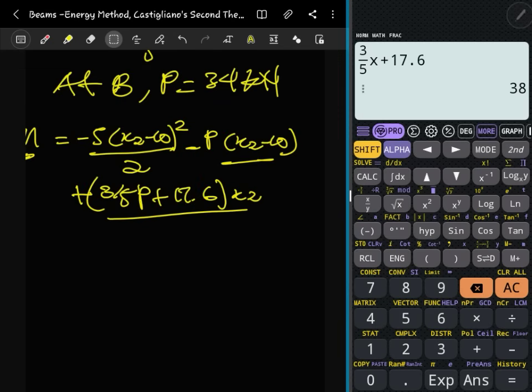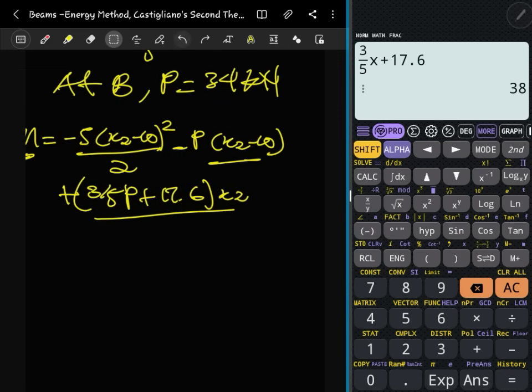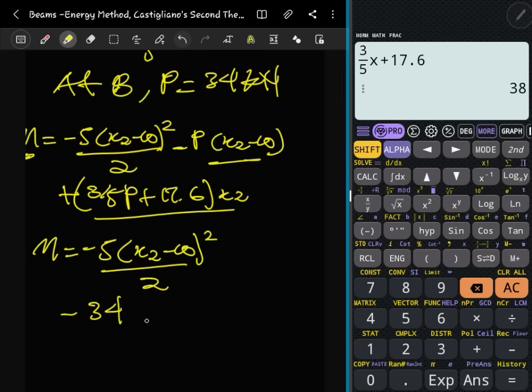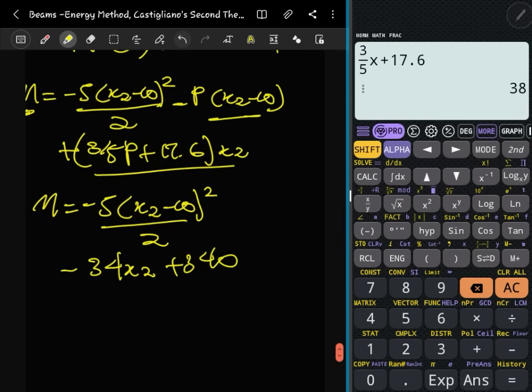Sorry for that. Let's see. Okay, we can see what we have. So this m here, again, minus 5 into bracket x2 minus 10 squared on 2. We have a p to be 34, so we get minus 34, right, x2, right, and then we get a plus 340, right? And then for the downside,